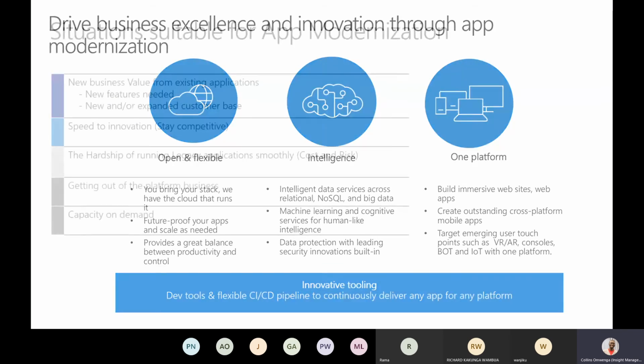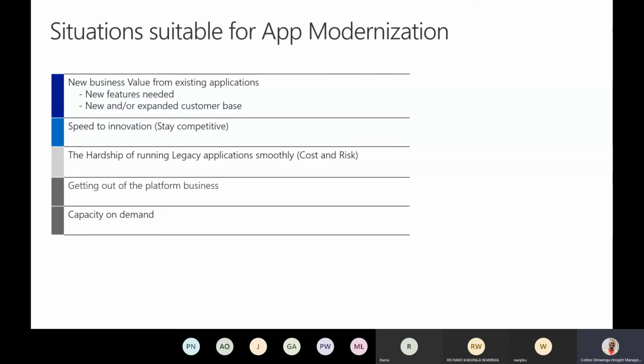deployment. So let's look at situations that might require you to do some level of app modernization. You're looking at scenarios where you need to create some new business value from existing applications. So you probably need to modernize your application to provide that business value, expand your customer base, and add additional features to your platform.